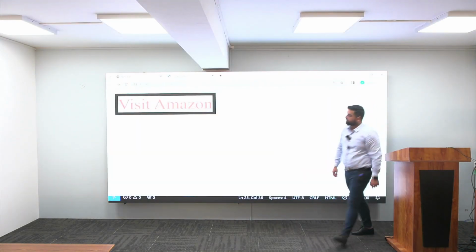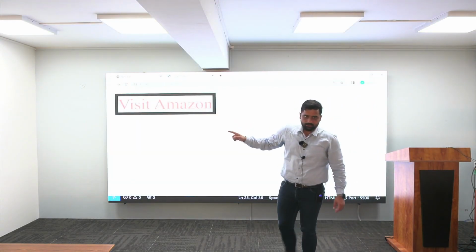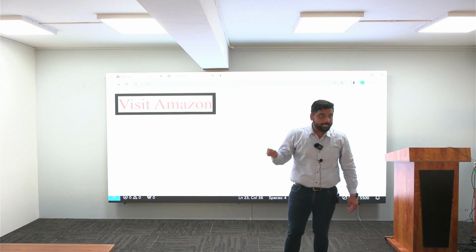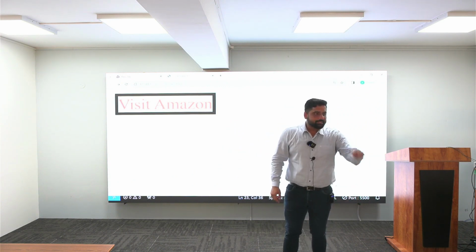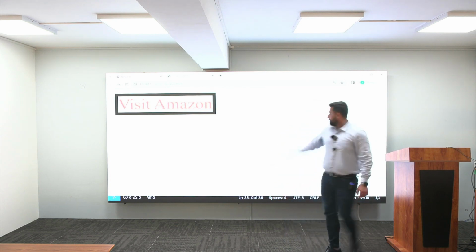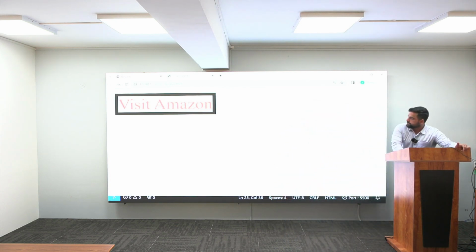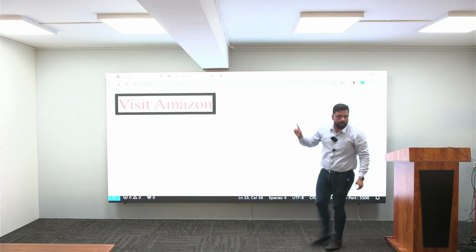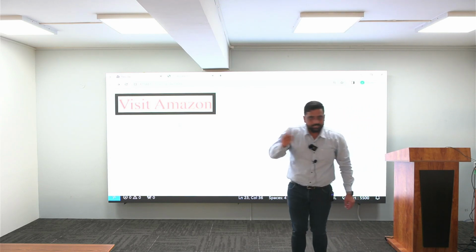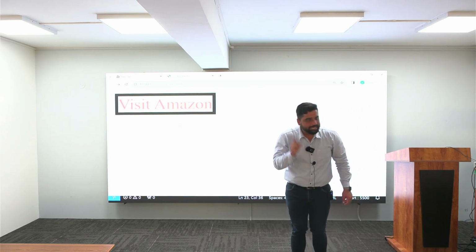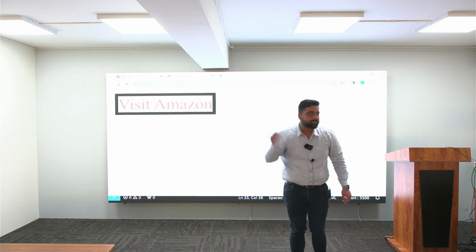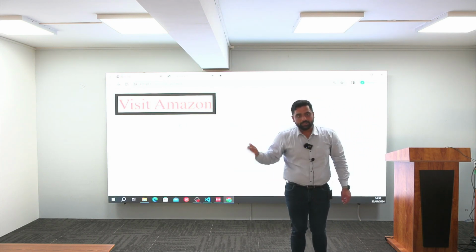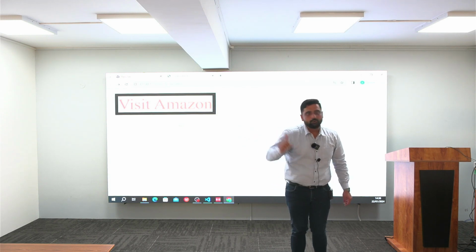Now please focus on how it is displaying to us. Like a button, right? It is displaying like a button. Now my scenario is very simple. Please focus on my cursor. The moment I take my cursor here to Amazon, is it reflecting anything or is the color getting changed? No, right? I wanted to put one hover here. Hover, you understood what I basically mean to say? The moment you take the cursor to that particular text, the color should change. It should give some hover type of effect. That hover I want over here.